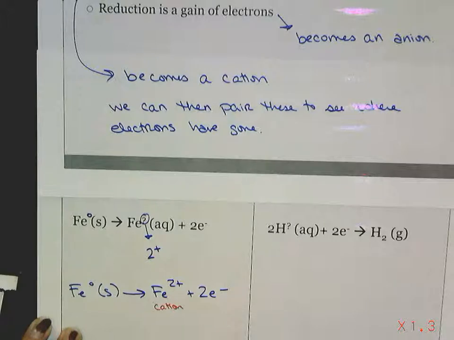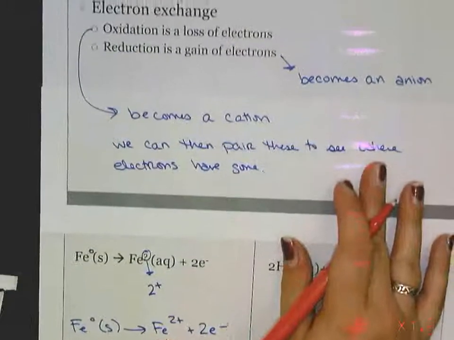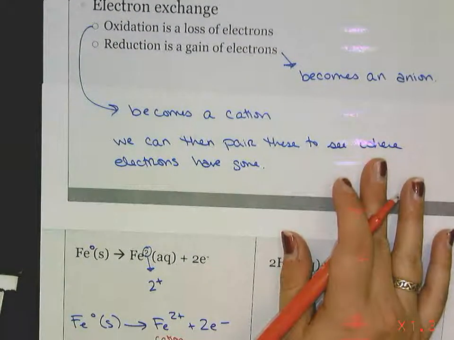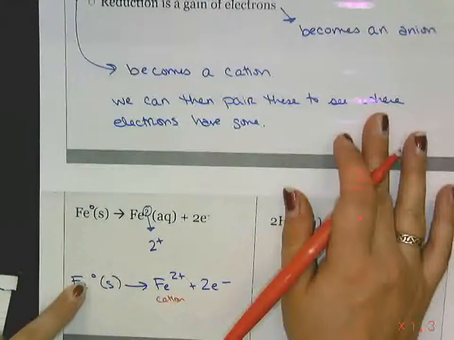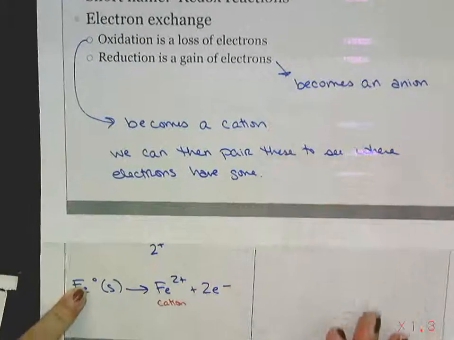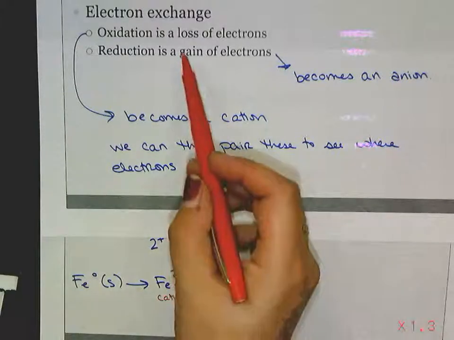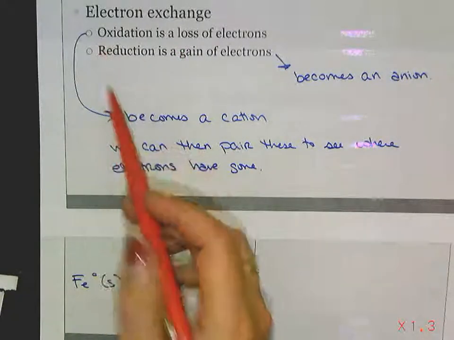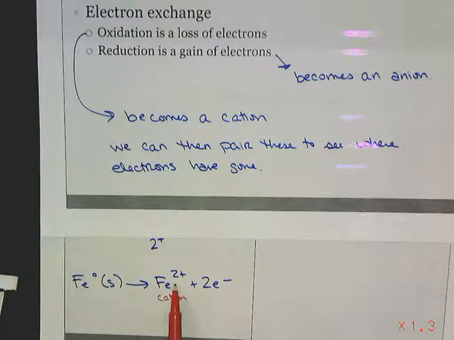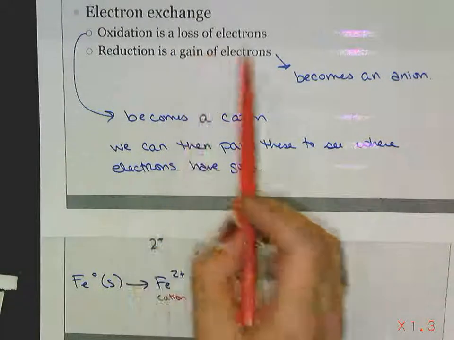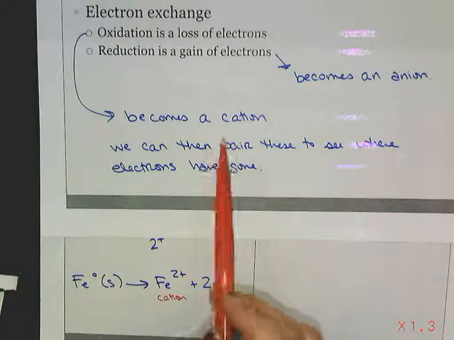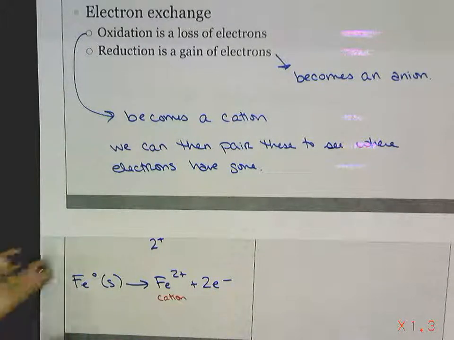If I have become a cation, did iron become oxidized or reduced? It became oxidized, right? Because iron was 0 and became plus 2. It lost electrons. It became a cation. All those things put together, so we would say in words,